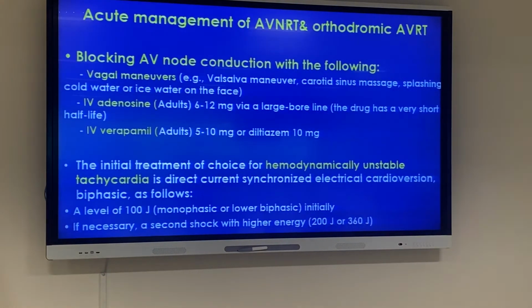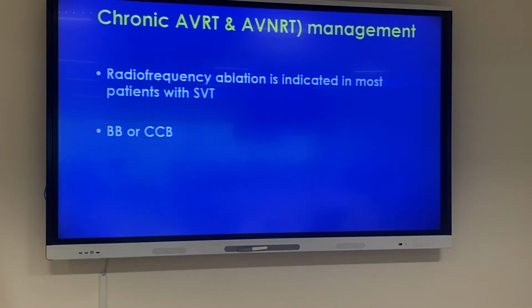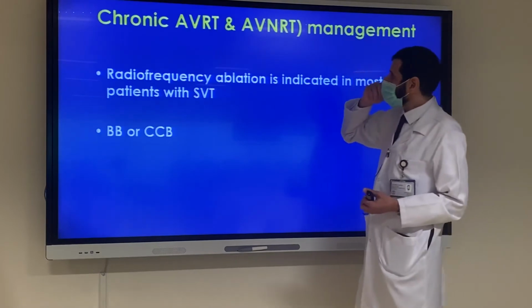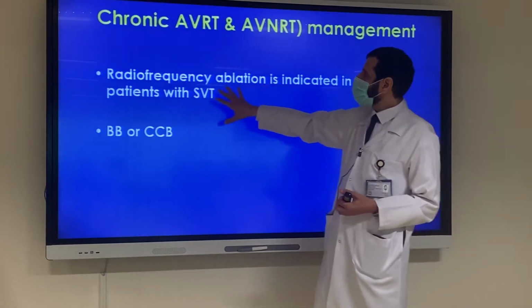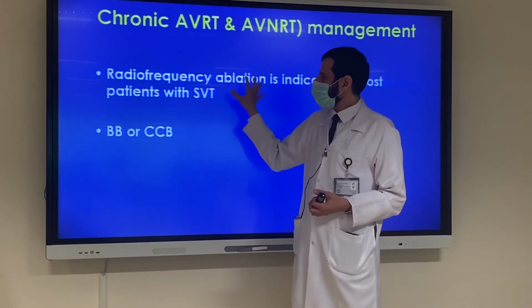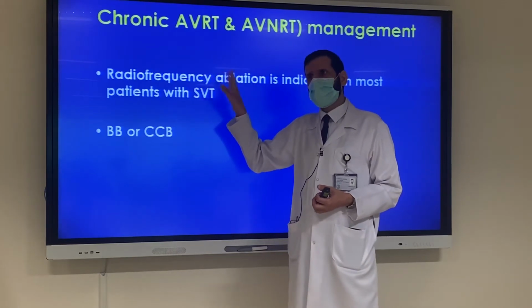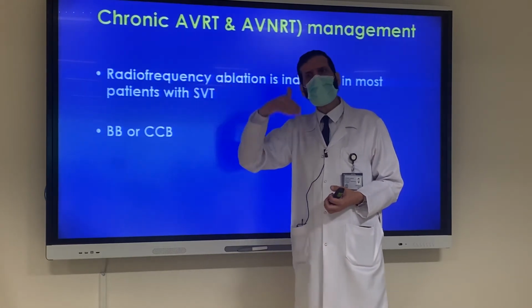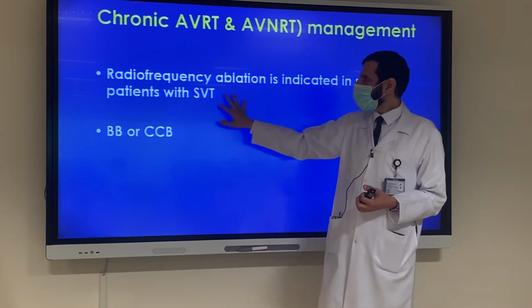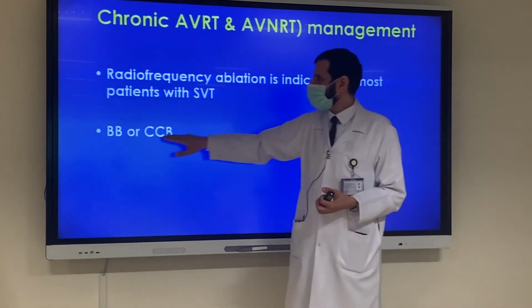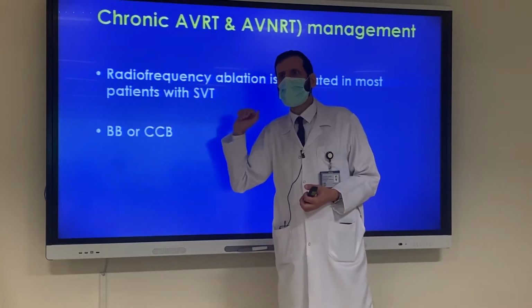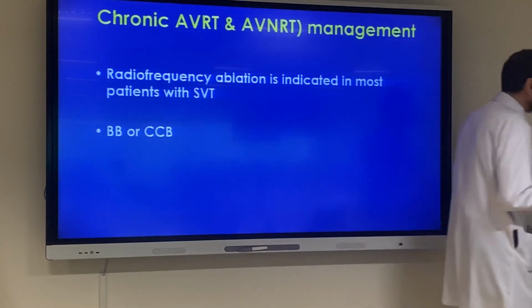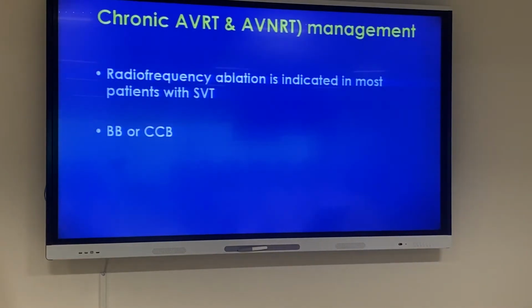Are we okay so far? For the AV nodal and for the accessory pathway, radiofrequency ablation in a catheter EP study is very successful, 95% of the time or more. So generally it is first line therapy. If the patient does not want to have an EP study and ablation, they go for medical therapy like beta blocker or calcium channel blocker. One exception, by the way: if the patient has antidromic tachycardia, the one which is wide,